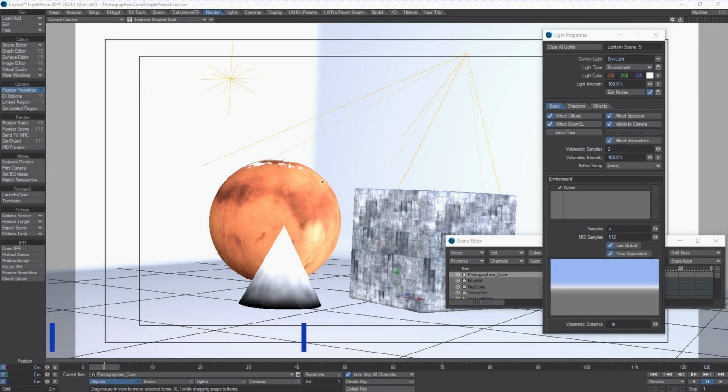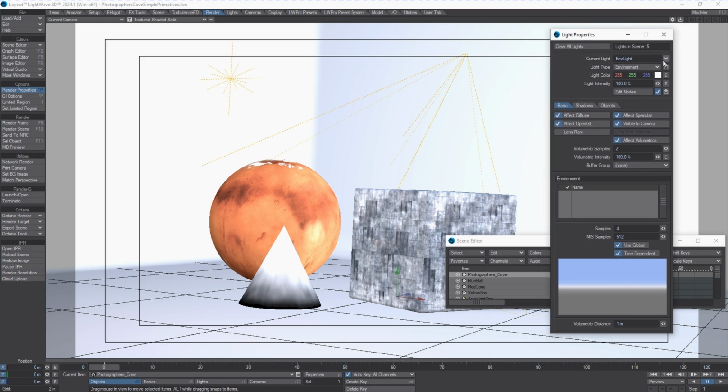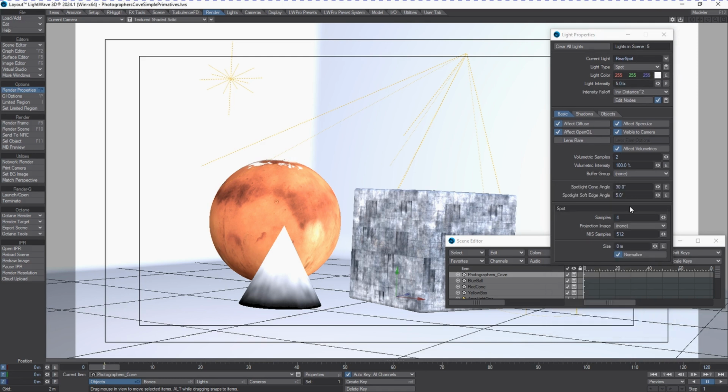In this video, we're going to be talking about some of the remaining light types that exist in Lightwave that we haven't covered just yet. So let's take a look at our Photographer's Cove Simple Primitives demonstration scene. And I'm going to select our spotlight back here. And we're going to choose a different light type called